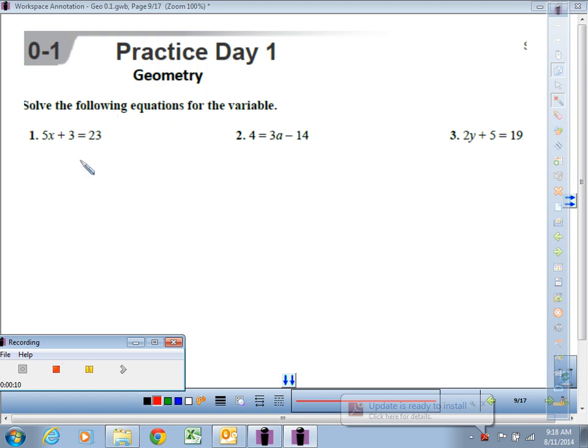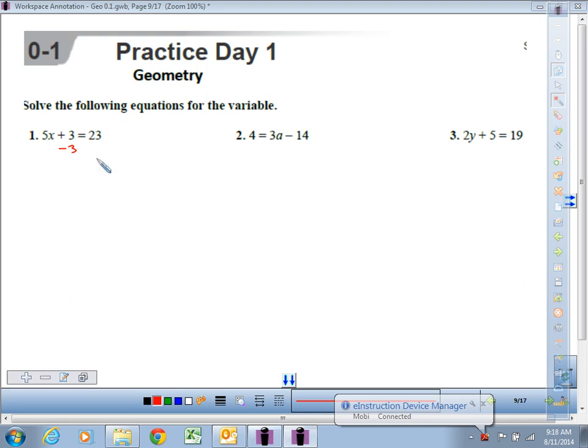So what we're going to do is use the addition property of equality. In fact, it would be the subtraction property of equality, because this is plus 3, so to get rid of that, we want to subtract 3. So we'll subtract 3, but remember, if we do it to one side, we have to do it to the other. So that's gone, and then on the left side we still have the 5x equals. On the right side, 23 minus 3